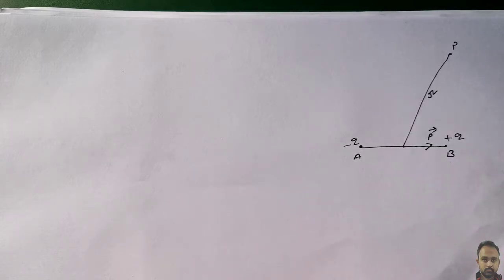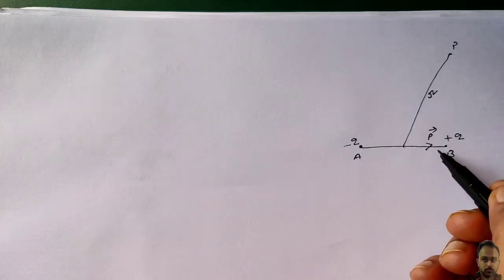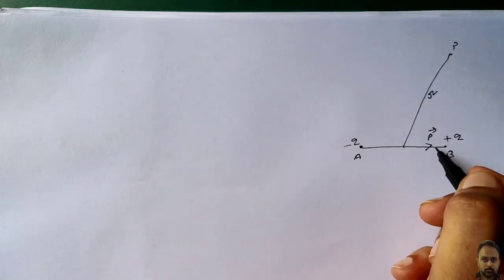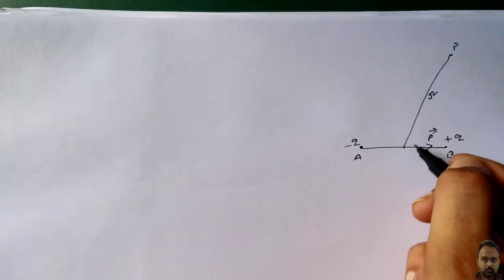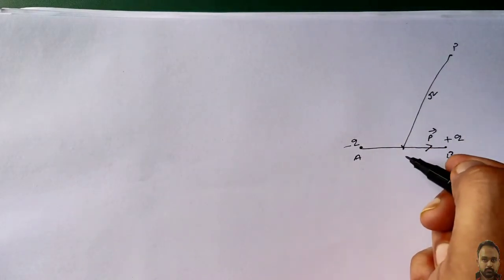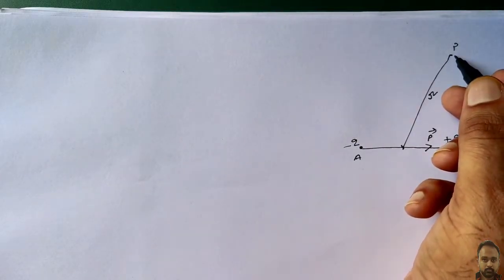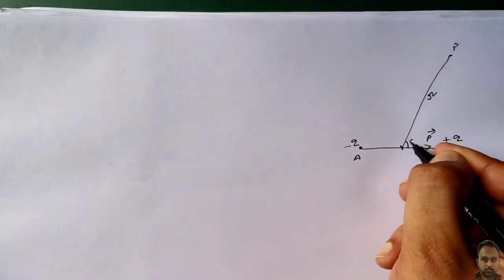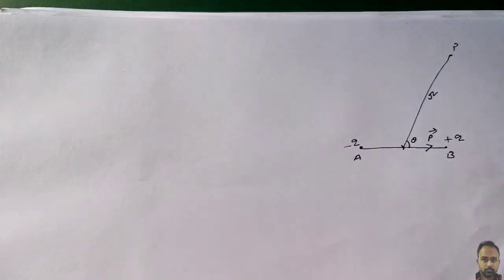To make this topic very easy, what we are going to do here is resolve this dipole moment into two components. You will see this will make this topic very easy. How are we going to resolve this into two components? See, this is the original dipole moment P. We are going to split it into two components. One along this r. What is r? r is the distance from the center of the dipole to the observation point P. And let us say r makes the angle theta with this dipole moment P.